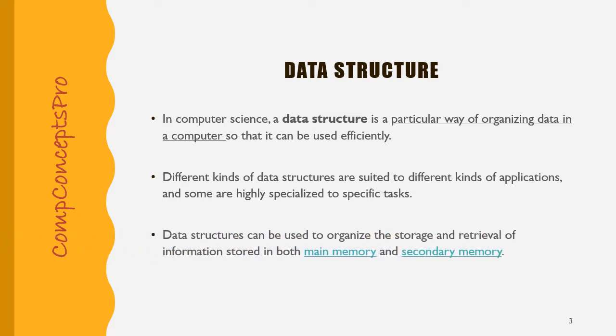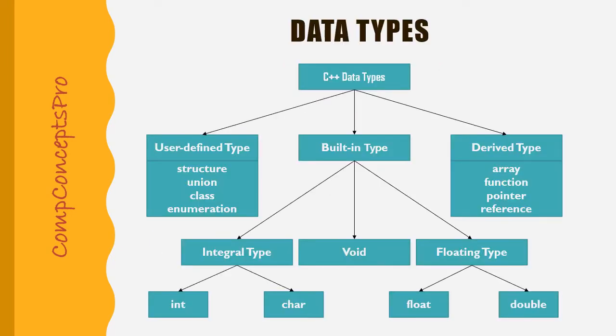Both our main memory, which is RAM and ROM, and our secondary memory, which is hard disk, require special data structures to get the data stored in them. As you can see here, I have shown a classification of the data types. I have taken C++ data types as illustration as this is the most common classification that most other programming languages use. So first is the built-in data type. This is also called the primitive data type. These are the data types provided to us by the programming language itself. These are integer, float and void, which are further classified into their sub-data types.